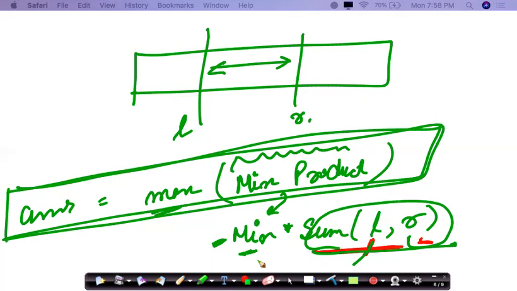Now the time complexity of this problem has just reduced to big O of n, as well as the space complexity of this problem is also big O of n. Now I hope you could code this problem on your own.